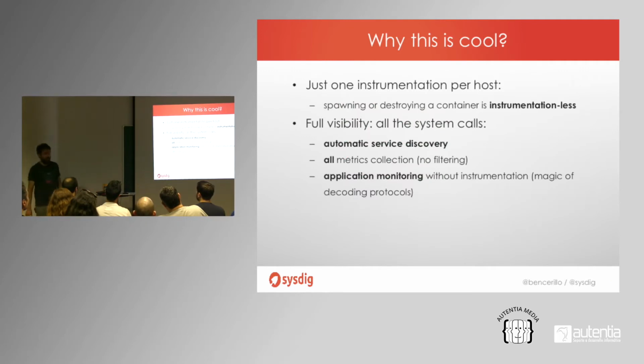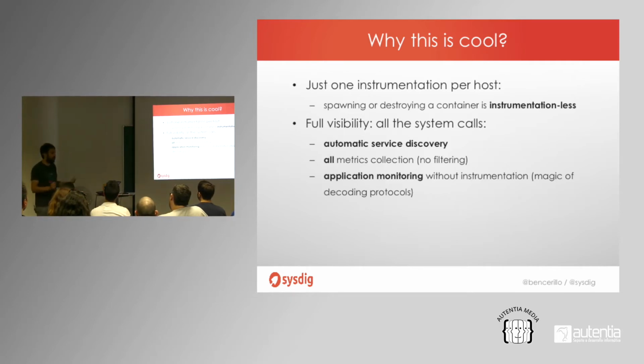So we think this is awesome for a number of reasons. We just need to do one instrumentation for every host. If you, or your container orchestration platform, create new containers, it's completely transparent to us, we will see everything. But in addition, and this is unique to this approach, unlike Docker container or Docker API-based monitoring tools, we have full visibility. We can do a bunch of cool things like automatic service discovery. If you run a container that has a process called MySQL running inside, we can automatically detect that we should be running a MySQL check against that container.